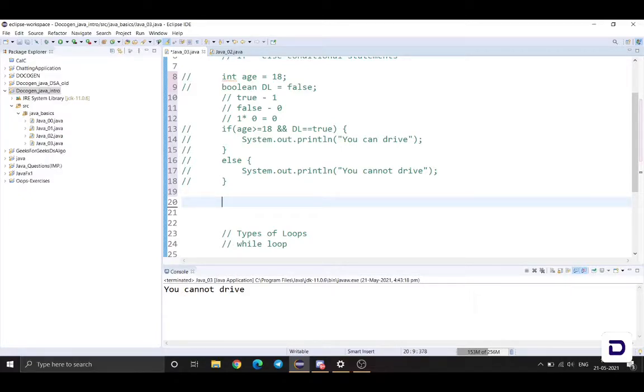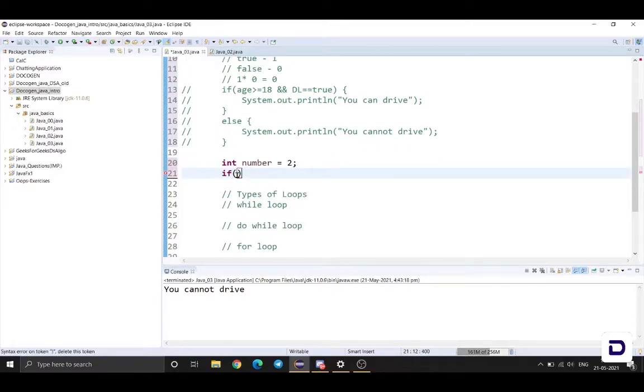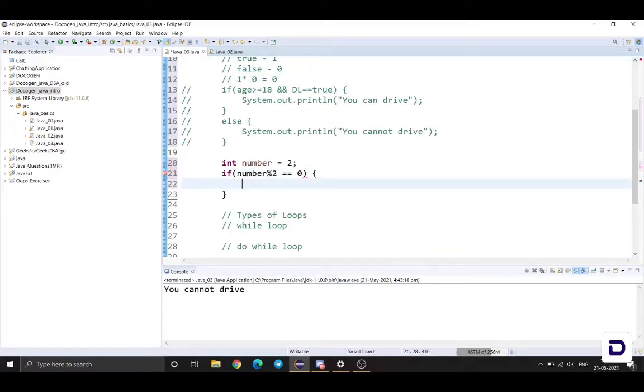So let's say I have a number which is 2. So we know that 2 is an even number. So if our number modulo 2 is equal to 0. So let me not confuse you and make it 4. Okay, so no relation with the number and this value. Now if it is this way, I'm going to say even,